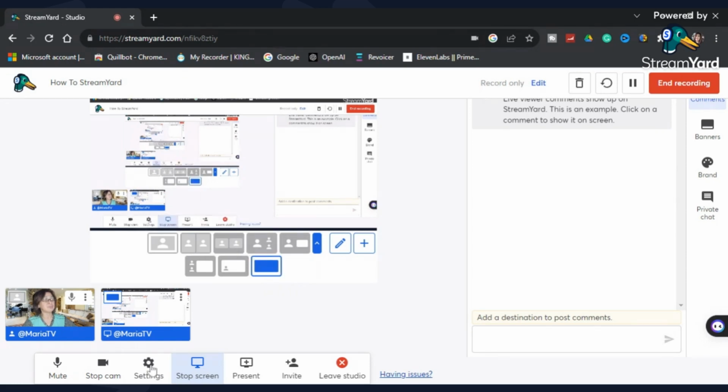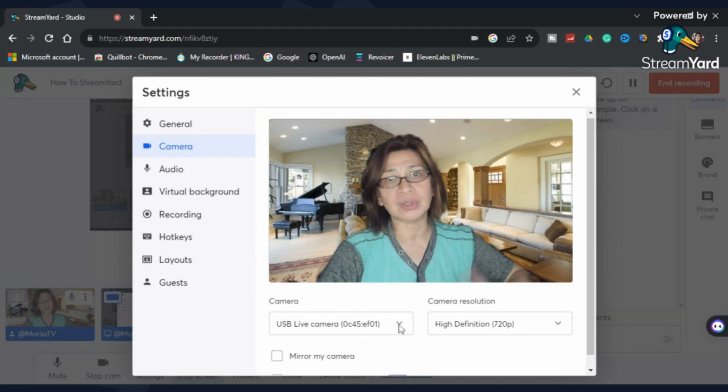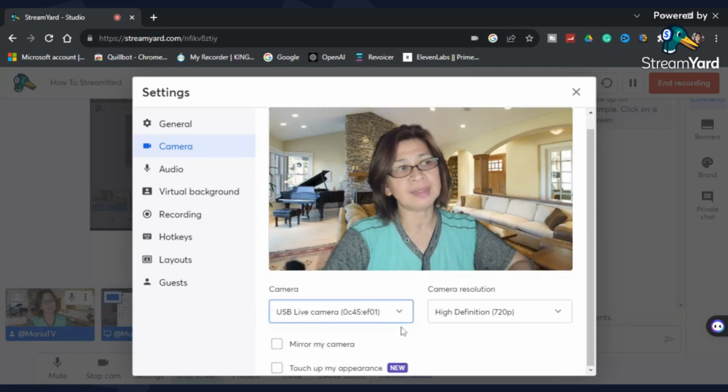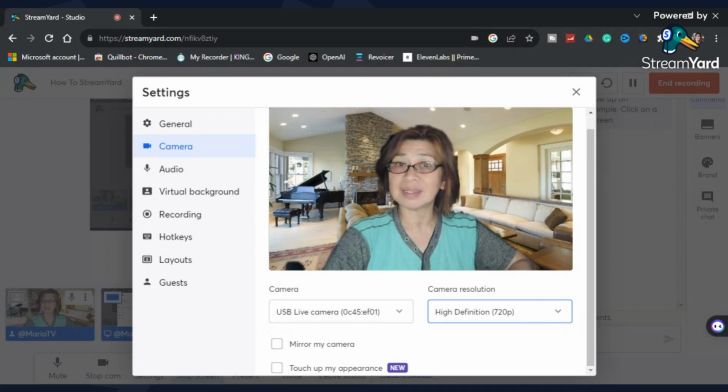Okay, here in the settings, here you go. Here are the cameras. You choose what camera you are using and click that one. Down here, you will see the cameras that are installed in your computer and you can choose which camera you want. Since I'm using this one, I'm gonna click this one and there you go. The high definition is 720. You can also use 1080, but since I'm using the free version, we cannot use 1080. If you click this one,